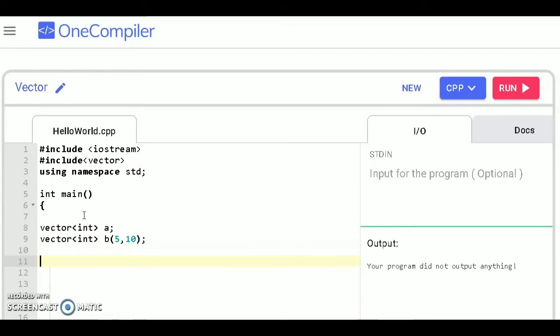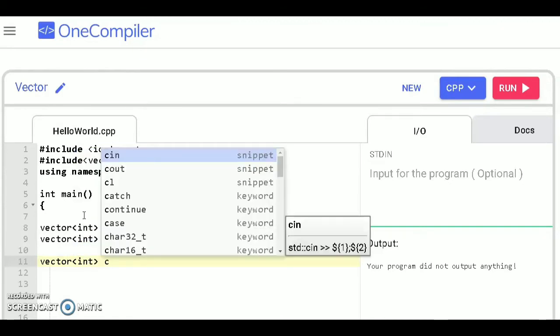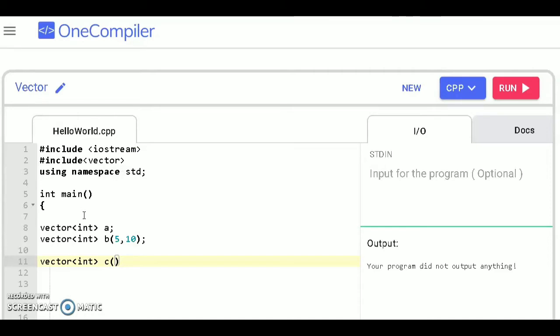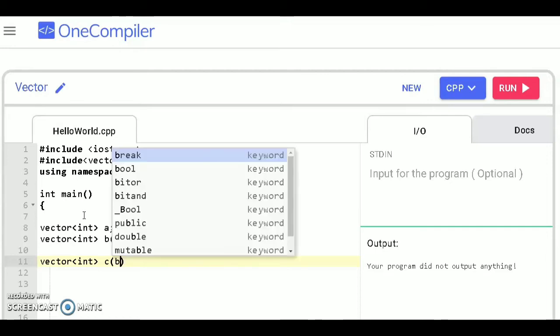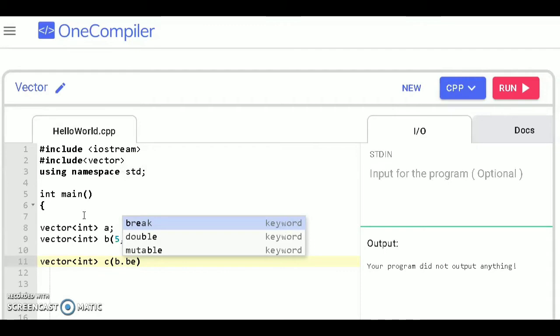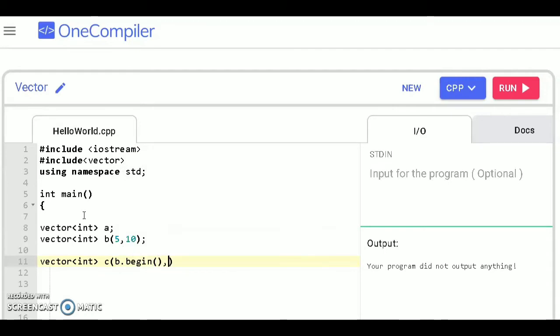Or you can declare a vector of int c and copy the elements of one vector into the second vector. Let's say we copy vector b into vector c by b dot begin to b dot end.